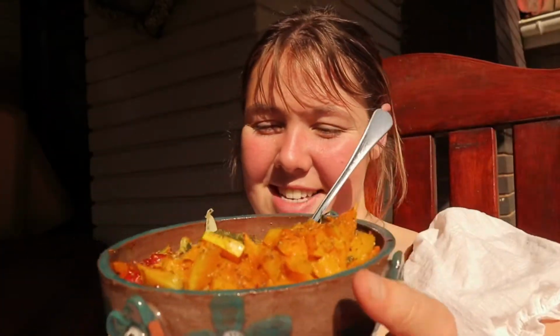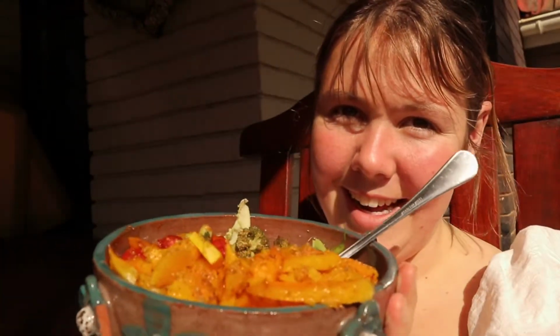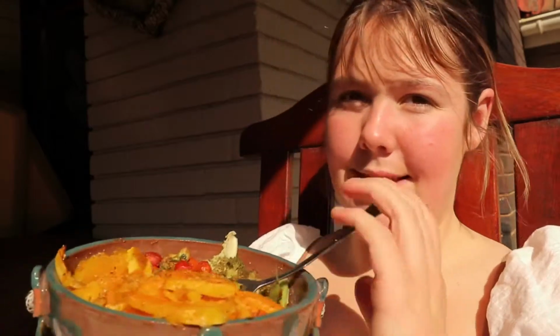Anyway, so my salad, I just finished up air frying the pumpkin, and then inside here I've just got my beans, my tomatoes that I fried up with garlic, turmeric, paprika and cinnamon, with the broccoli as well, just so it could get a little bit crispy. And then I chopped up my lettuce and beans, and then I put a bit of balsamic vinegar just because it's really yummy and I needed that. And then yeah, that's basically it. That's in my salad, and